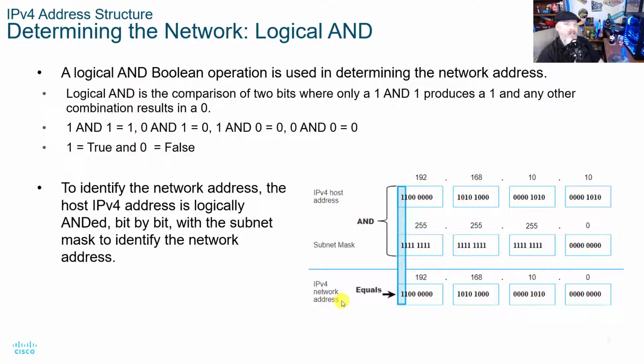This is your network ID. This is how you can quickly get a network ID. You compare your IPv4 address with your subnet mask bit by bit, and your network address is 192.168.10.0/24 because you've got your subnet mask there. I've got an entire video in the description below that explains it in more detail. So check that out if you're still a little bit confused with the ANDing process, because this one is a little bit tougher to get. But once you get it, it's kind of like riding a bike. You're going to get it.